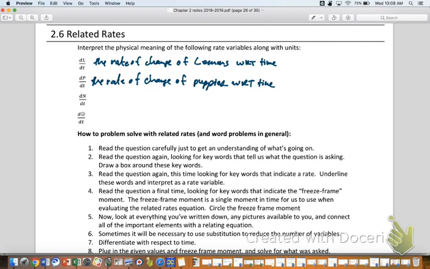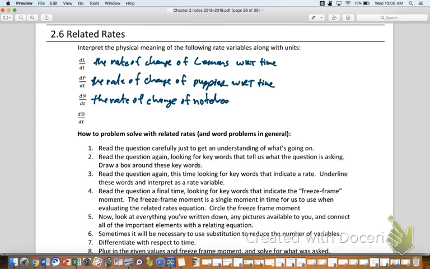So if you looked at DN/DT and you just wrote notebooks, that's all you wrote, I would say you have a massive issue with interpreting what that means. I agree that the N maybe would stand for notebooks, but DN/DT certainly would not stand for notebooks. Could you just write delta notebooks with respect to time? I don't know. I'm never going to ask you to write out a sentence like this necessarily. I'm more talking about the way you think about it. If you look at that and you're like, oh, that's notebooks, I think you're going to stumble. But if you look at it and you say, the rate of change of notebooks